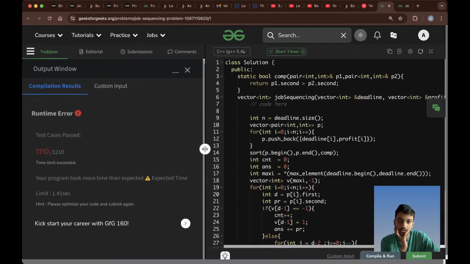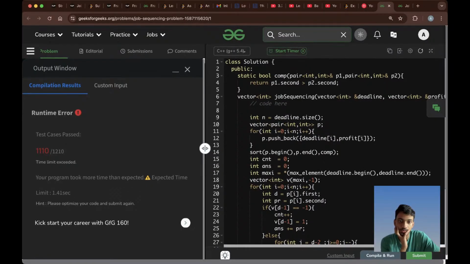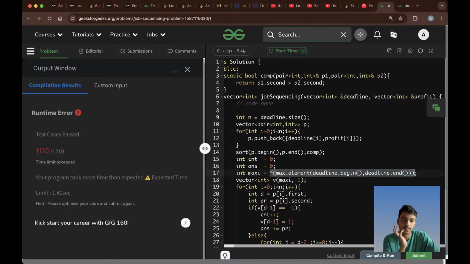One thing for sure we can do is not to calculate this. Max will be pretty simple, we can get that by